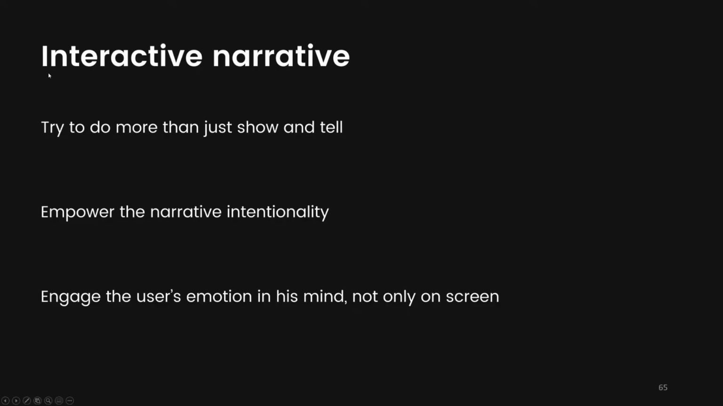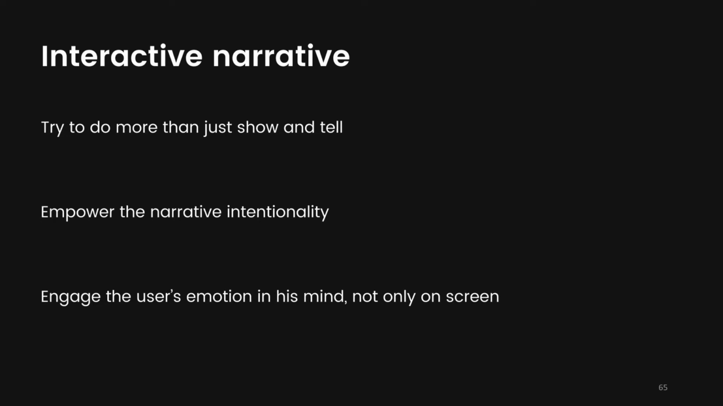So to summarize this interactive narrative, we need to do more than just show and tell. We need to engage the player to interact with the environment, with the story, and we need to empower this intentionality. We need to make the player feel like his choices are actually having some consequences, and that helps us to